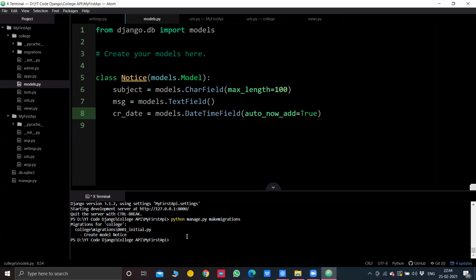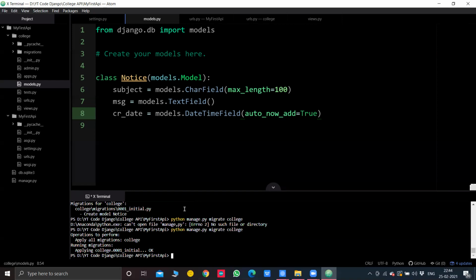Now, in order to migrate it for the application as well, you will have to say python manage.py migrate and then the application name, that is college. Now when I do this, okay, I've put a comma instead of a full stop here, I'm sorry.